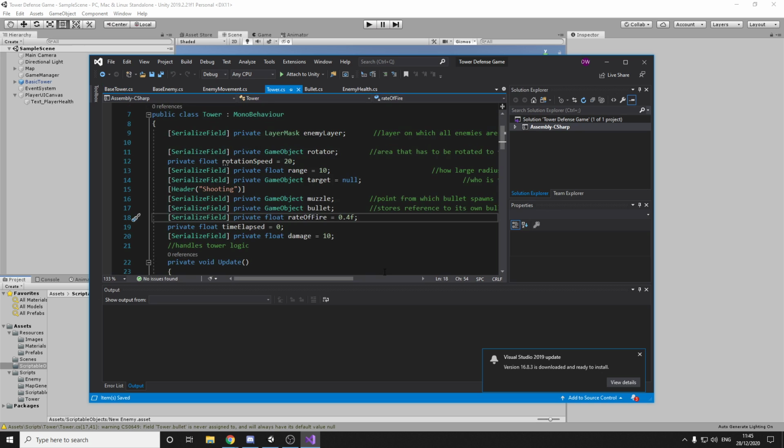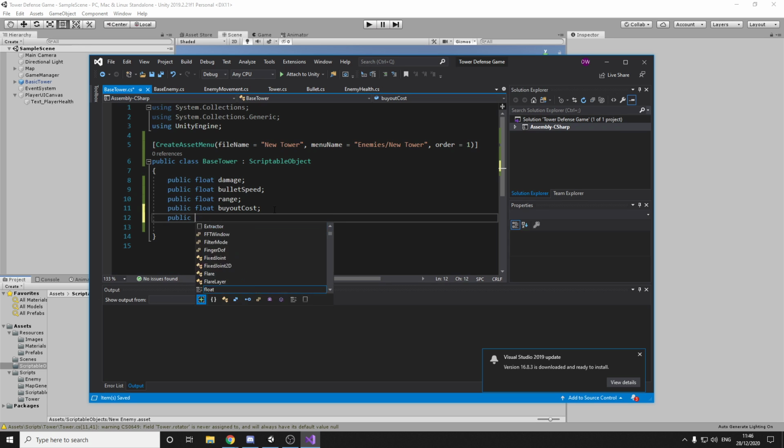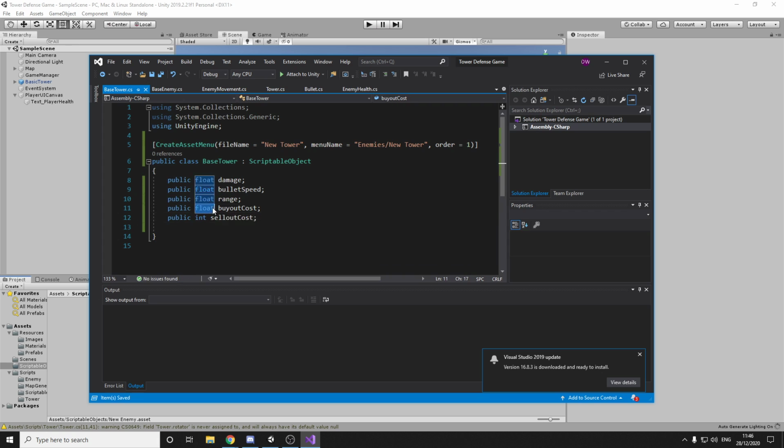What could their towers also have? They will have their own range, and they'll have costs to be able to buy them. So this is, let's just call it a buyout cost, and then we'll create a sellout cost. We'll make them integers rather than floats for player currency to be just a static value. So the damage that the tower does,